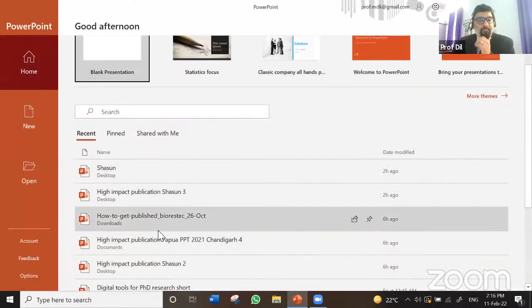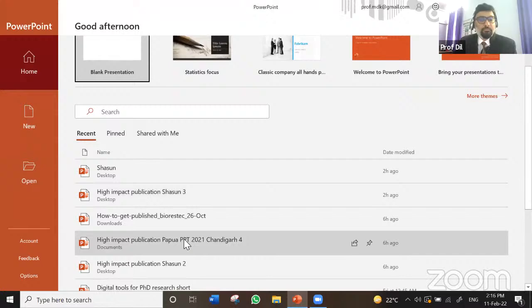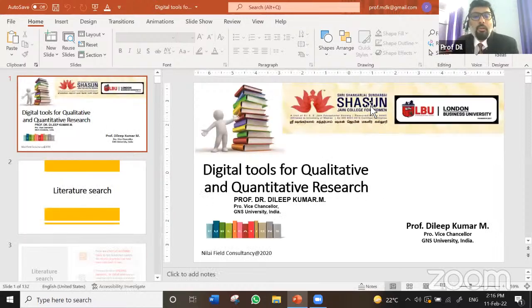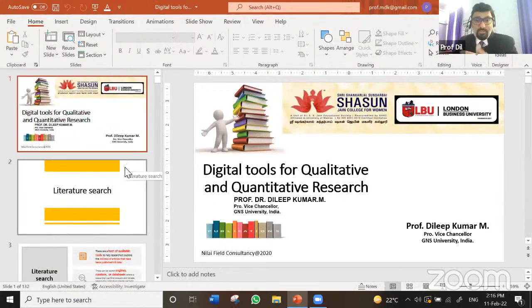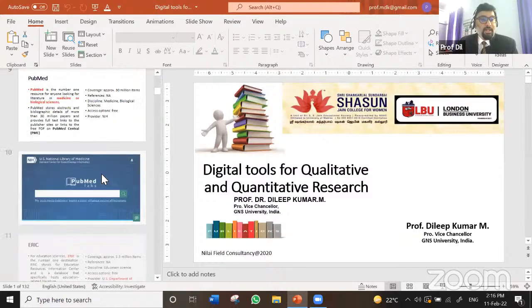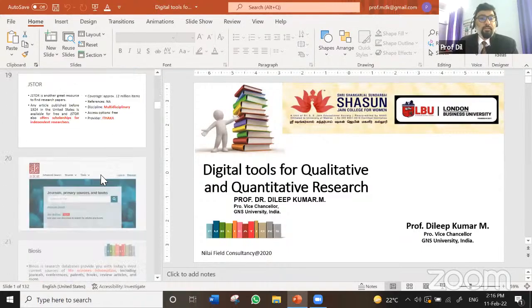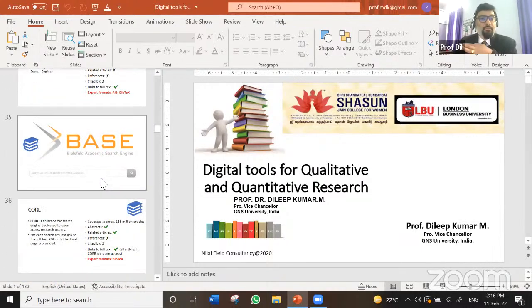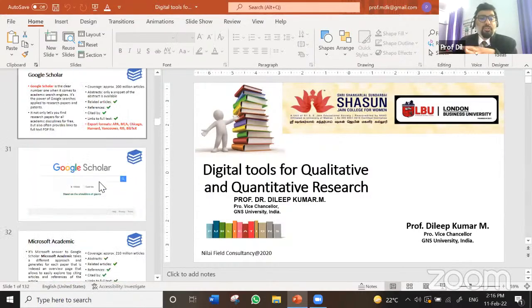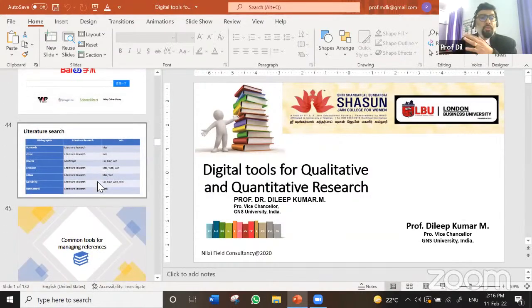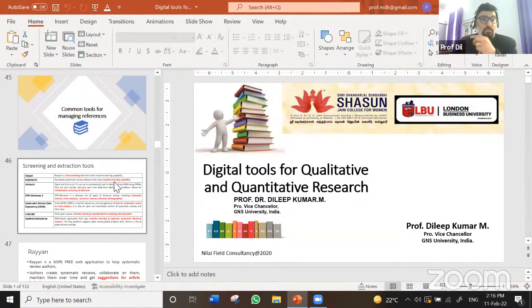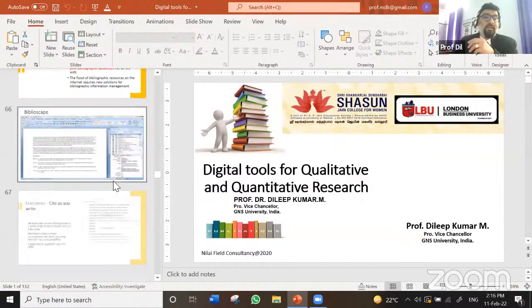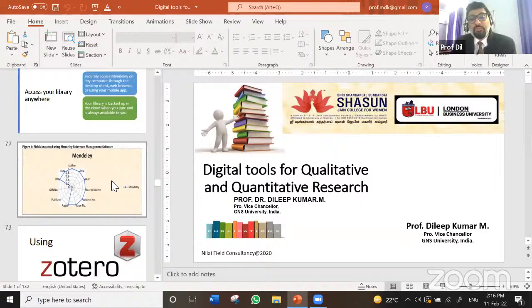Here it is, see, this is another one. If you look at this, I thought I could integrate this one. A lot of databases are there that you can follow. Then these are the tools we are talking about really: referencing tools, search engines. These are the tools we need to know before we go for research, and common tools for managing references, Mendeley, and likewise, a lot of things. It takes another ocean of knowledge to get into that.